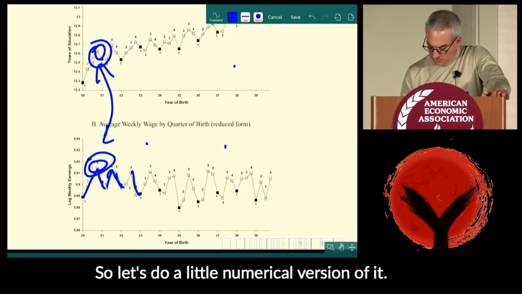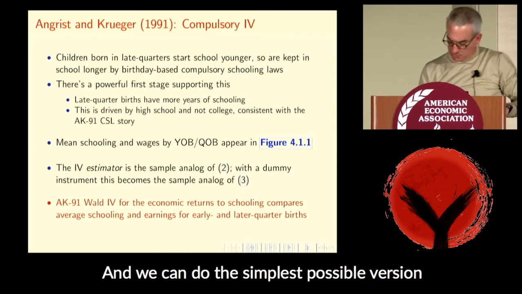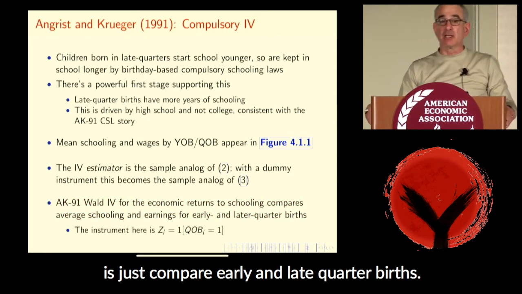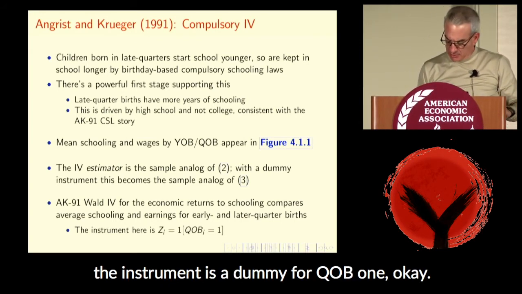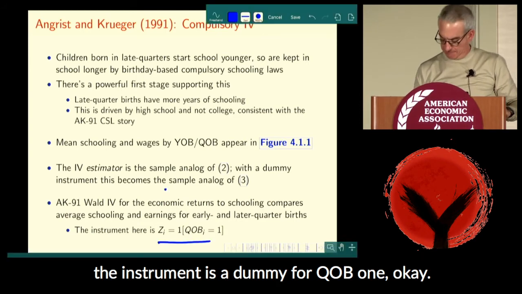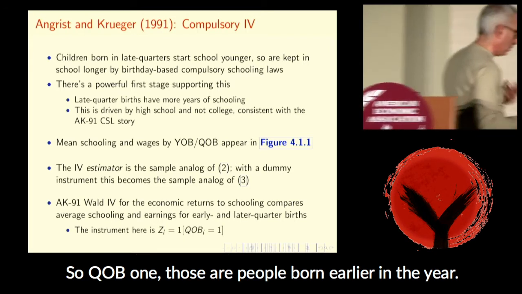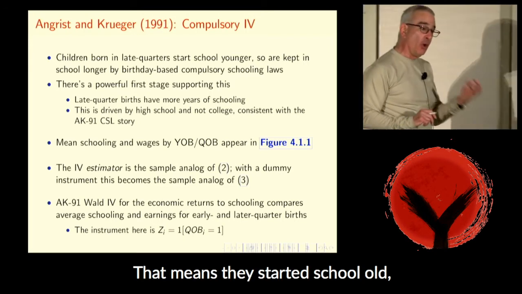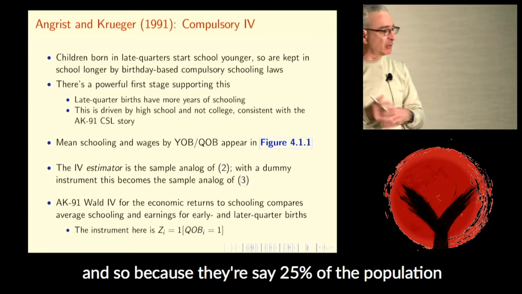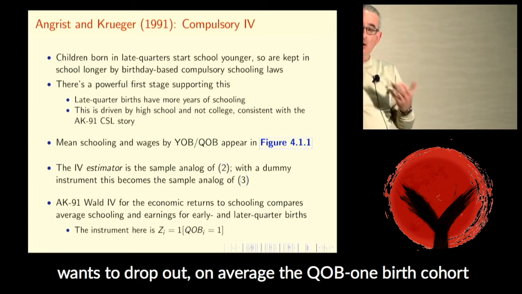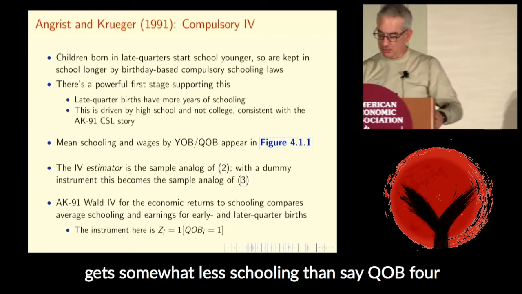Okay? So let's do a little numerical version of it. The simplest possible version is just to compare early and late quarter births. And actually, the way I've coded it in the slides, the instrument is a dummy for QOB1. So instead of 4, let's do 1. QOB1, those are people born early in the year. That means they started school old, which means they were allowed to drop out of school sooner. And so because, say, 25% of the population wants to drop out, on average the QOB1 birth cohort gets somewhat less schooling than, say, QOB4